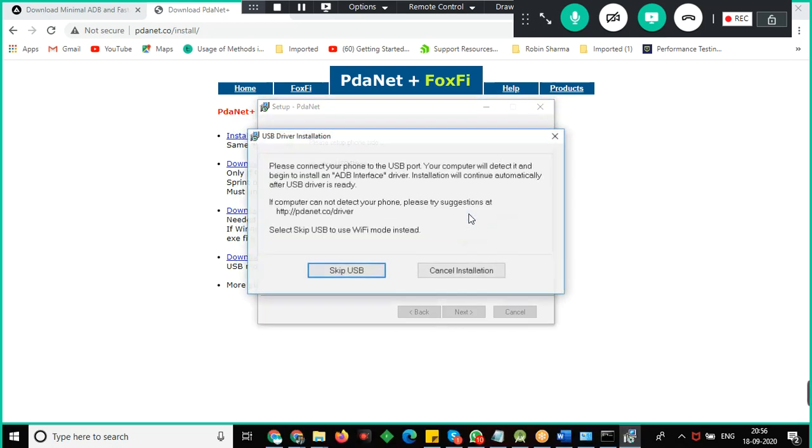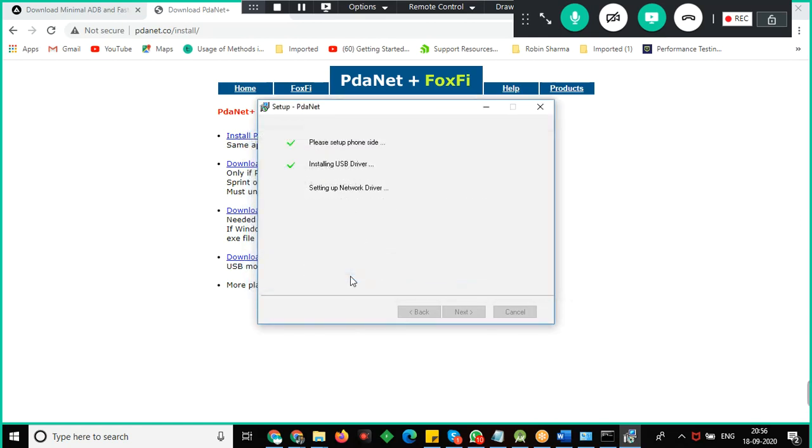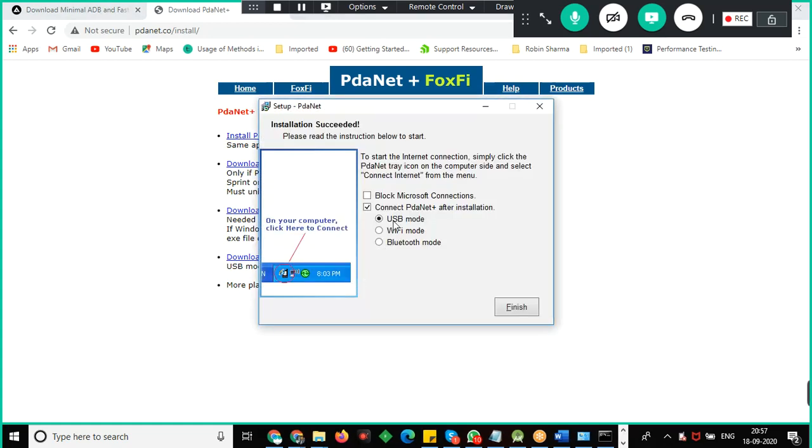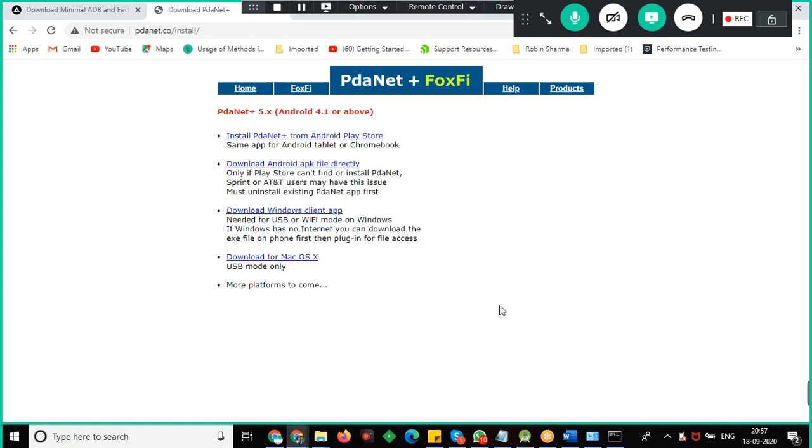Click on install. Before you install, you need to connect the device, otherwise just skip the USB driver. Then the USB driver will be installed. See, the USB driver has been installed. So connect PDANet after installation. You can select the USB mode and click on finish. So very easy installation of PDANet, so that the driver will be installed automatically for the devices.